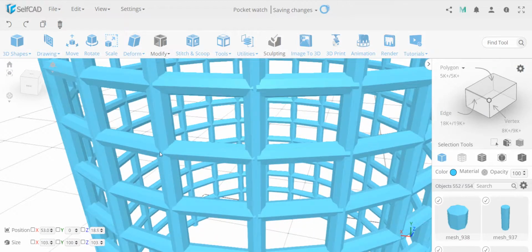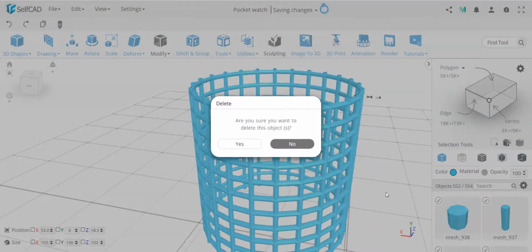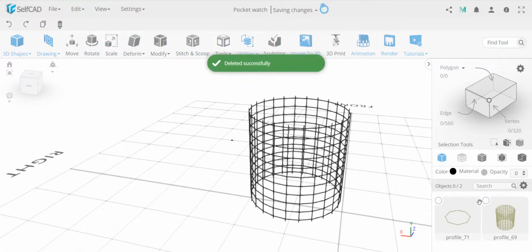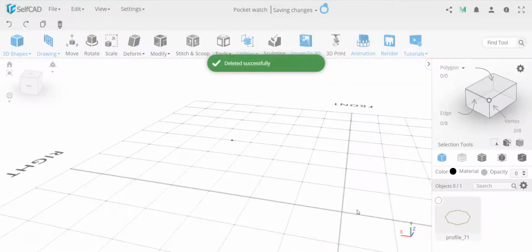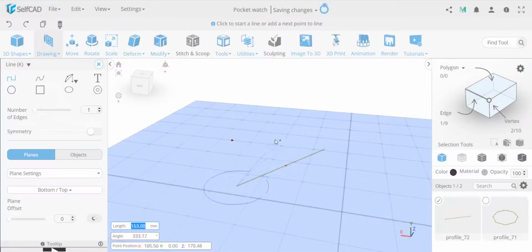But in this case, you end up having so many different things. To show it in a different example, let me just delete them all. Look how many objects we have over here. I guess it did not delete all of them. Yeah, it did. Okay. So just to show you as a simple example what's happening, I'm going to draw a simple sketch, something like this, and then escape to cancel it and draw something